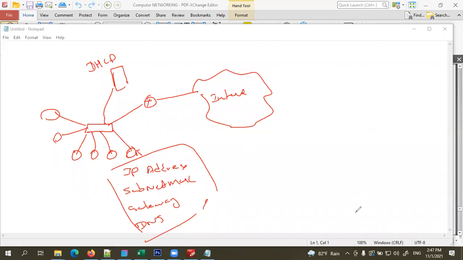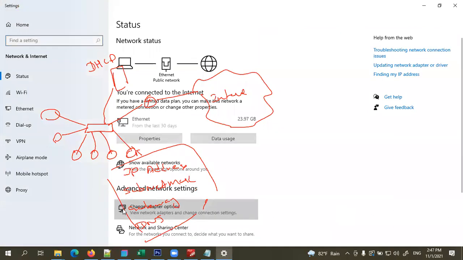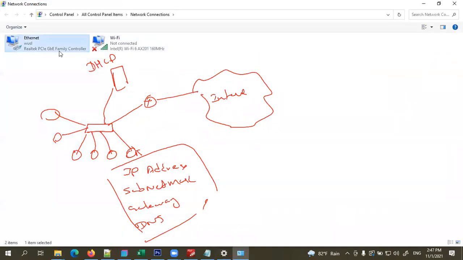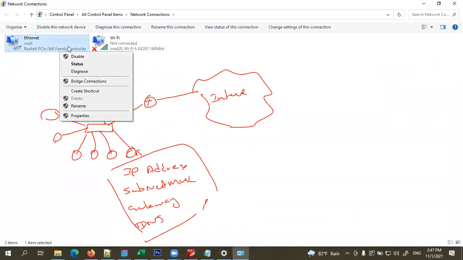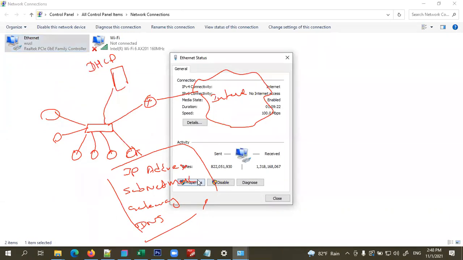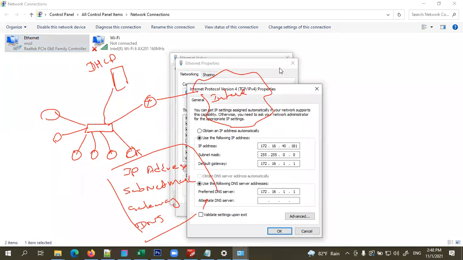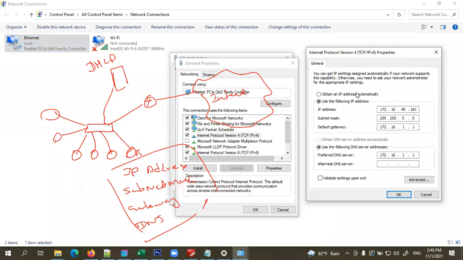So if I change my IP configuration settings to obtain IP automatically, and I choose this option, a DHCP server in my network will provide IP addresses to my computer.